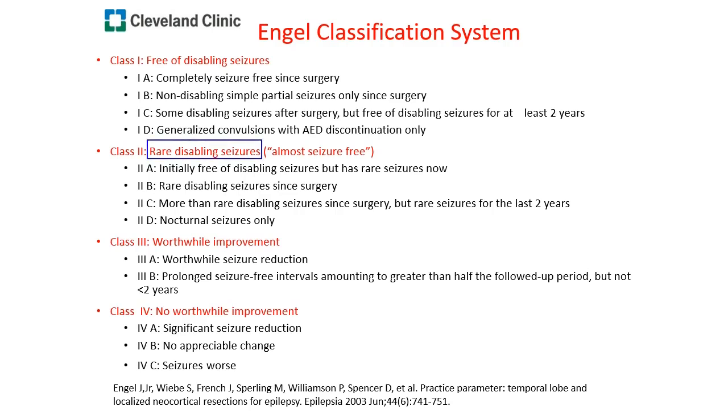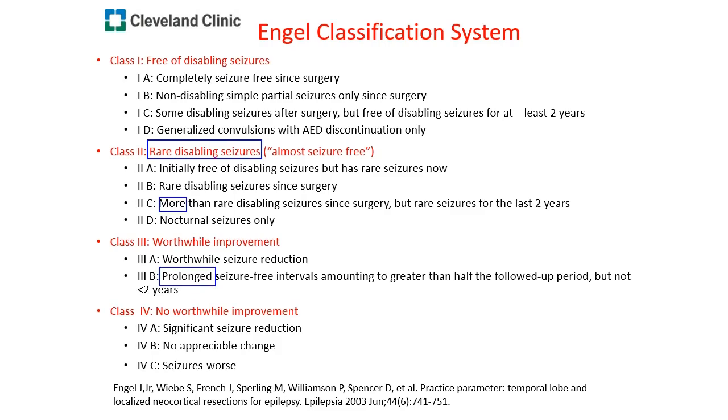We highlight the limitations of the Engel classification system, mainly being unclear quantification of the recurrent seizures. For example, in class 2, seizures are described as being rare and disabling. What is rare and disabling can vary as a subjective assessment from physician to physician. The same applies to qualifications like more or less without actually quantifying what the more or less really mean, prolonged without a specific determination